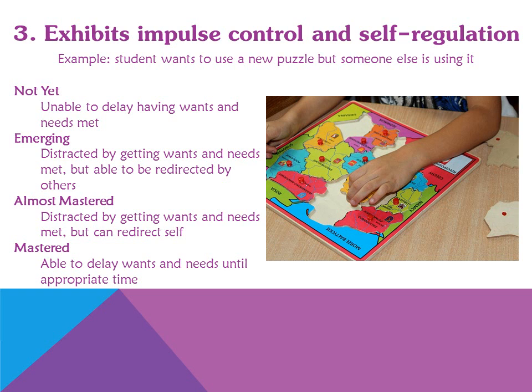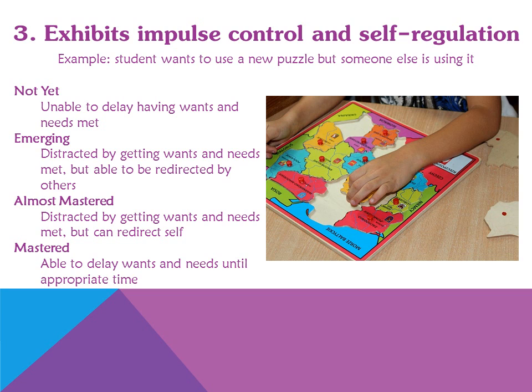The third social emotional KSEP item is exhibits impulse control and self regulation. Let's use an example of a student who wants to use a puzzle, but somebody else is using it. For a student who is not yet ready, they will not be able to delay having their wants or their needs met. You might see a tantrum, lying down on the floor, or another type of behavior if they don't